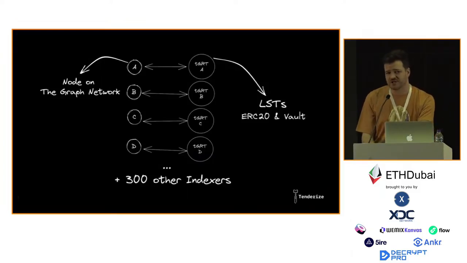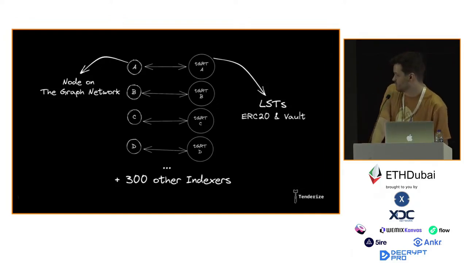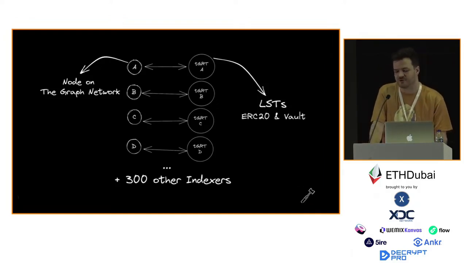And why do we need clones at Tenderize? Why do we need multiple instances of the same contract? We're a liquid staking protocol, and what we do is basically build an ERC20 token and vault for every validator on the network. So it's the same piece of code deployed over and over again. For example, in the case of the Graph network, there's like 300 indexers. So that would mean we would have to deploy the vault and the token 300 times, which is not really